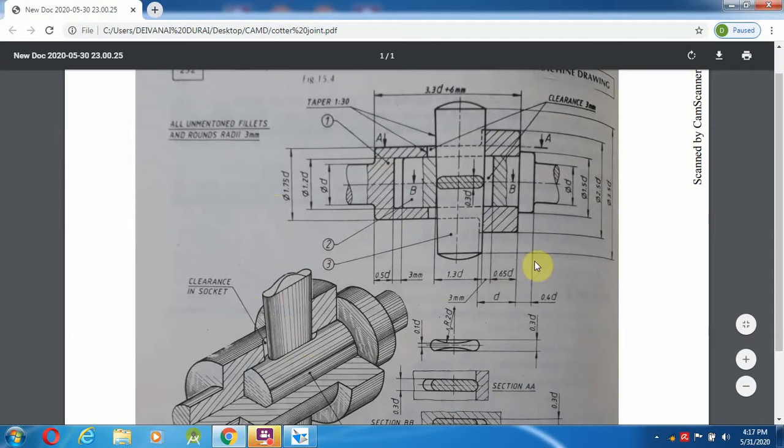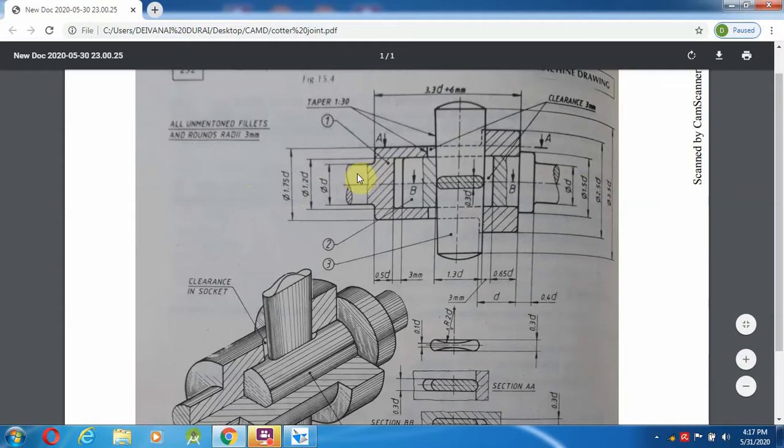Now in this video we are going to discuss how to make the quarter joint. Before that we have to remember all these formulas. In the question only the diameter is given. With the help of the diameter, all other sizes are formed using these formulas.